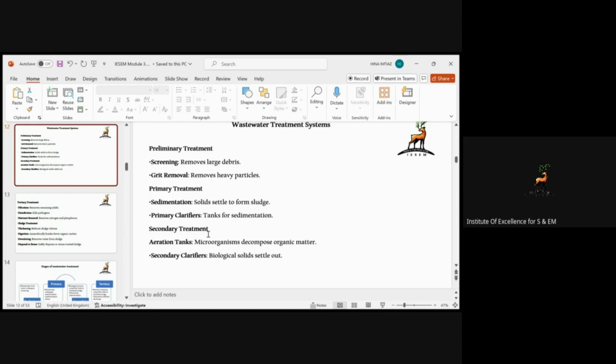So in the secondary treatment, you can see that there is an aeration tank, another tank in which air is passed, and through the aeration the microorganisms decompose the organic matter in it. Basically, the secondary treatment is designed to remove 70 to 90% of the suspended solid material in the wastewater, and it is a biological process in which you are using the